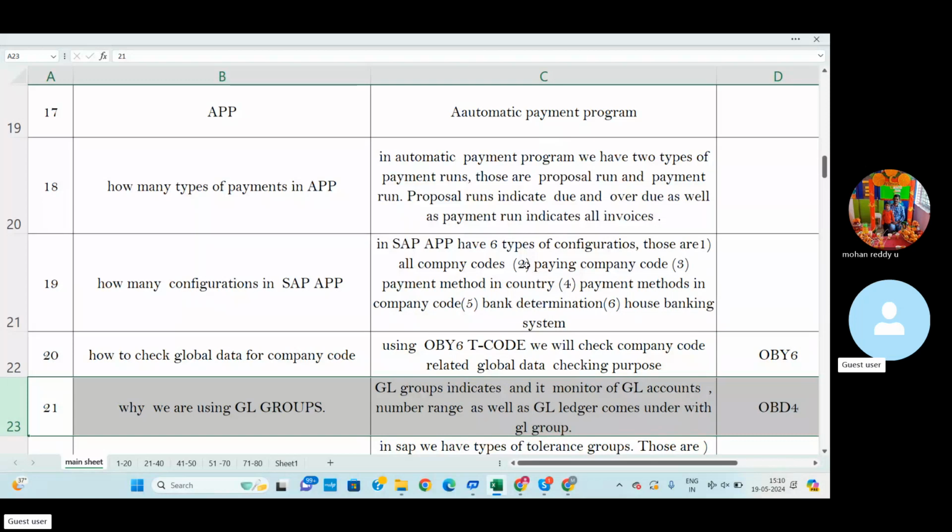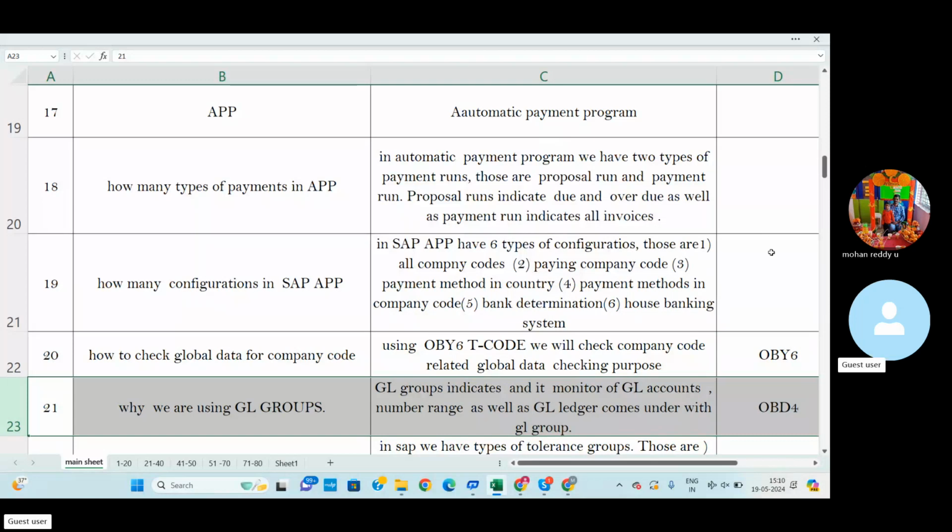At the time of salary GL creation we also use the GL group. Finally, whatever number range we assign to the GL group, we choose that number range to create the GL accounts. Each GL account creation comes under the GL group's number range.